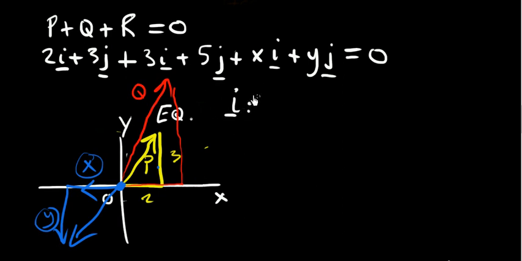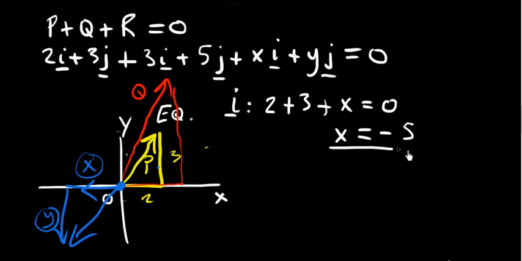Resolving, also equating the i's, we have 2 plus 3 plus x i's is equal to 0. So then 2 plus 3 is 5, and 5 plus x is equal to 0, so we subtract 5 from both sides, and we get that x is equal to minus 5. So that's in agreement with our diagram here. This is minus 5, makes sense, that's in that direction,